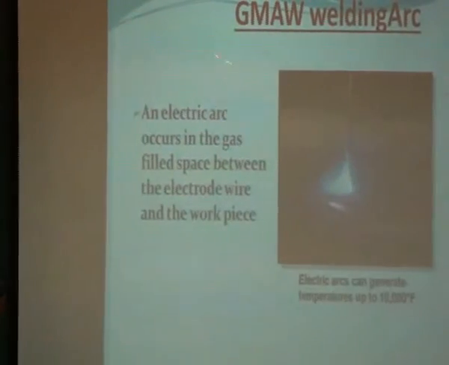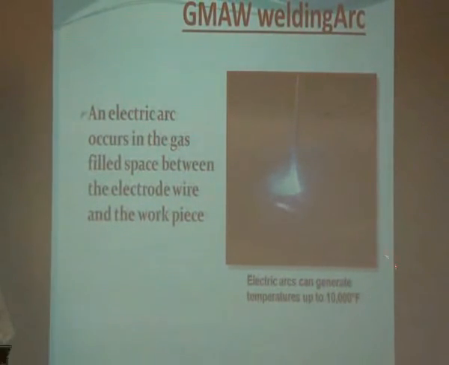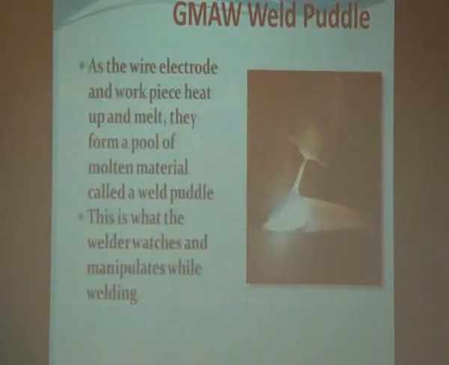Next thing is the GMAW welding arc. An electric arc occurs in the gas-filled space between the electrode wire and the workpiece as earlier. Remember, it can generate up to 10,000 degrees Fahrenheit, and sometimes higher deposition rates are also facilitated in the case of gas metal welding process. Remember, this particular figure shows the GMAW weld puddle or the molten metal,